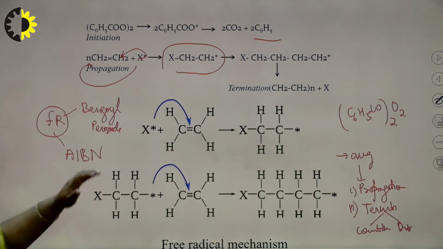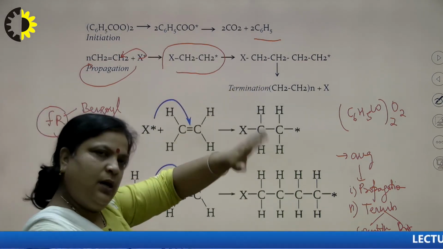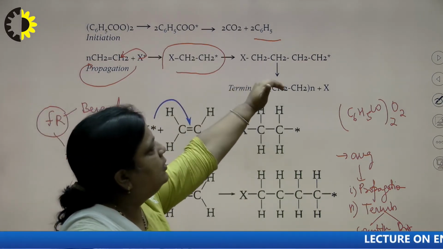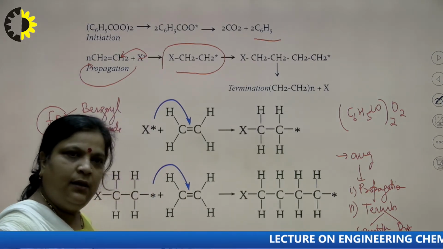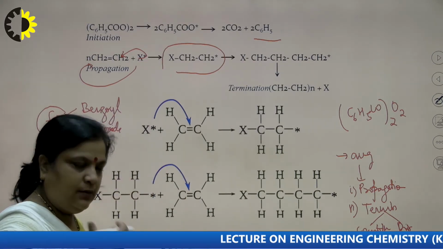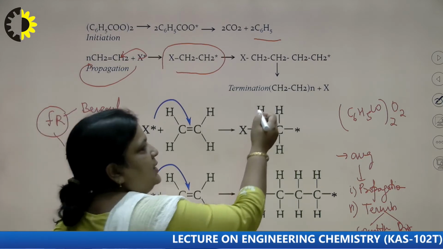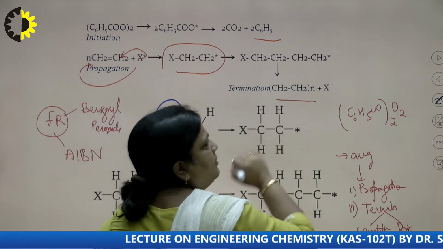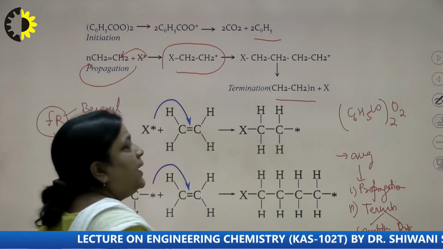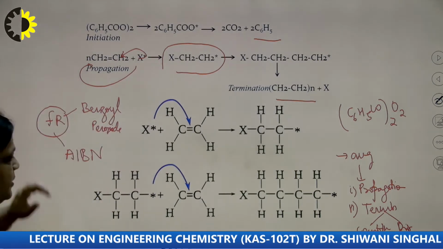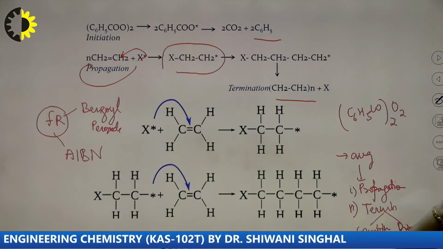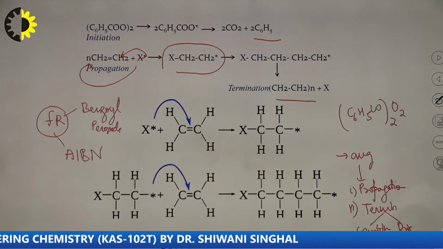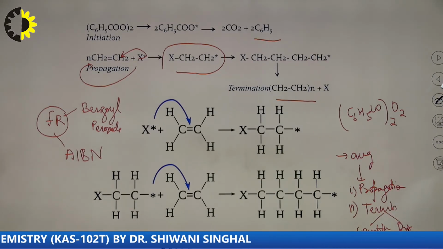Okay. So, the second step is propagation. Propagation means the chain length increases on the basis of our requirement, that is CH2 CH2 N. Now, the third step is termination. Termination means stopping the reaction either by combination or disproportionation. Let us take